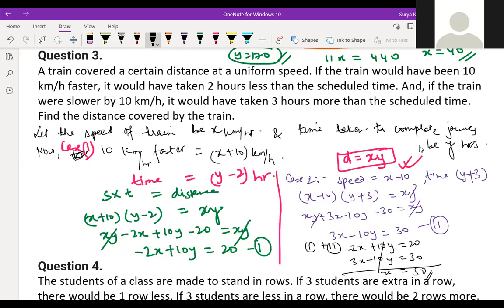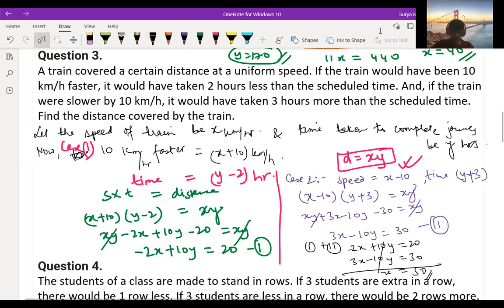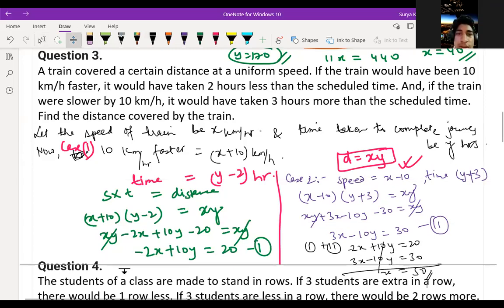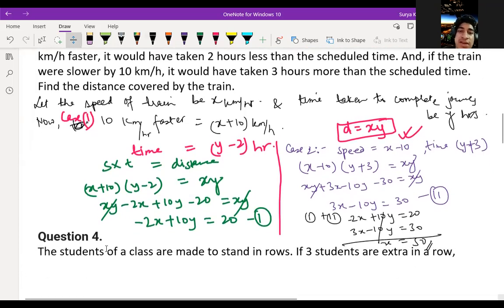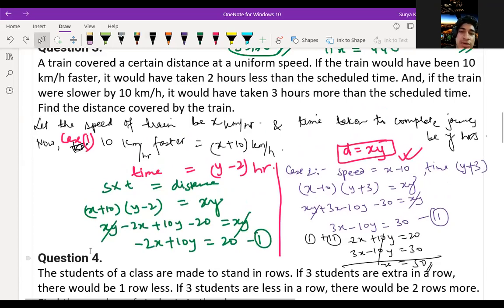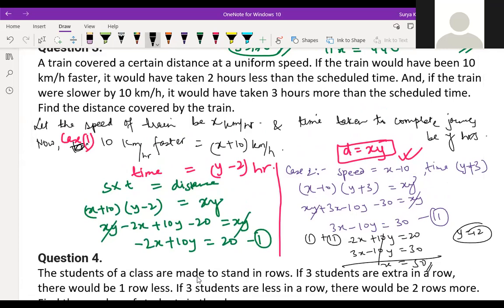So where are you putting the y value? Y is equal to 12, yes, sir. Which equation did you put it in? x is equal to 50, so 15y minus 10y is equal to 30, then 5y is equal to 60, y is equal to 12, sir. Okay, so you'll get y is equal to 12, children, and you multiply xy here. The total distance is 600.